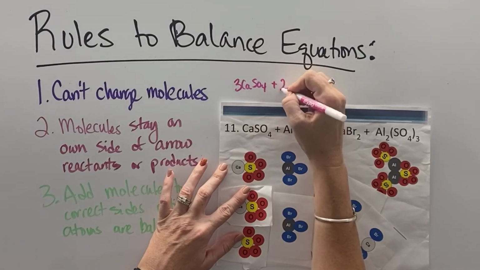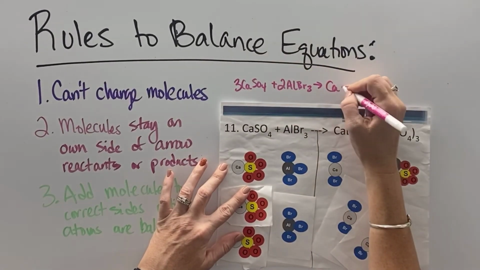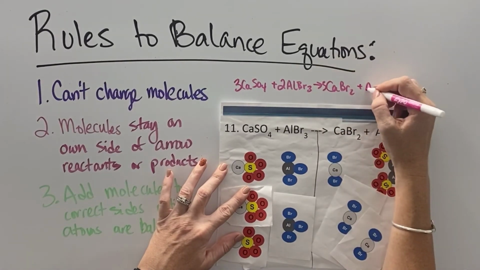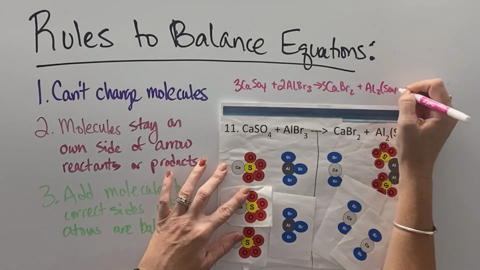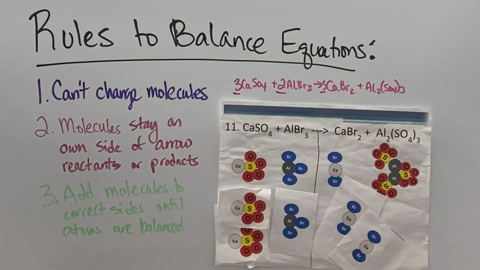So we take one atom at a time and balance it. Sometimes we make the problem worse before it gets better, but then you just fix it on the other side and fix it on the other side. And you keep going until you get each atom balanced. Some of them are a little bit trickier than others, but